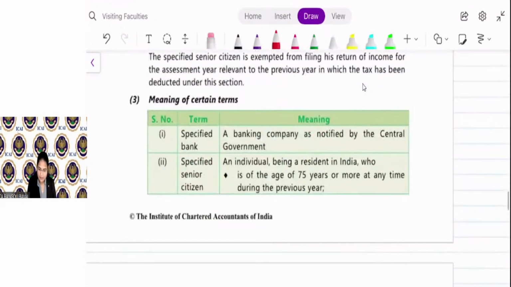Chalo. Specified bank means banking company as notified by central government, that is a scheduled bank. Specified senior citizen means an individual only, being a resident in India. He should be resident in India; if he is non-resident, this section is not applicable. Who is of the age of 75 years or more. Here the age is given as 75 years. So if your age is less than 75 years, then you are not covered under the specified senior citizen for section